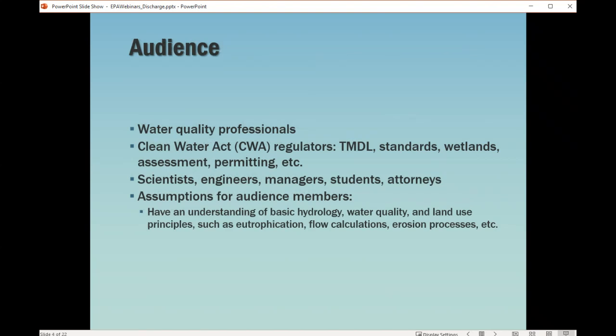The target audience for this series is a water quality professional who may want to use or review models as part of their job, but who do not necessarily have a modeling background. As such, we are assuming that the audience has a basic understanding of water quality science and concepts, but has limited direct modeling experience.